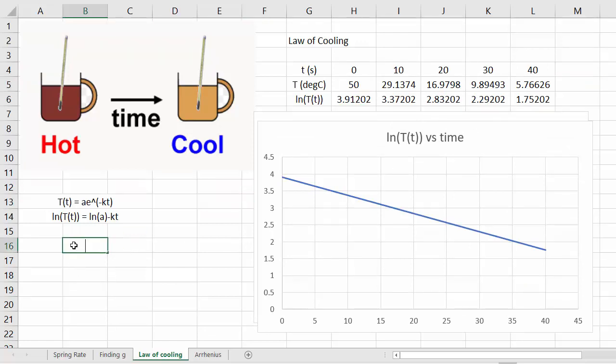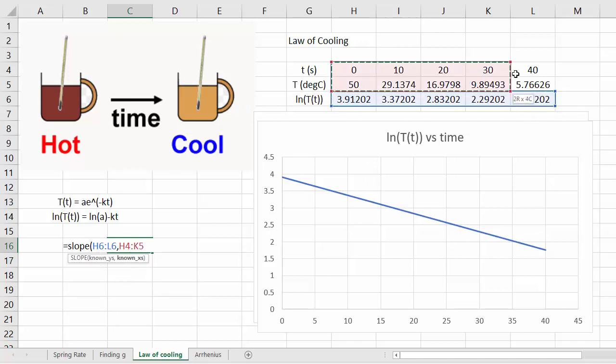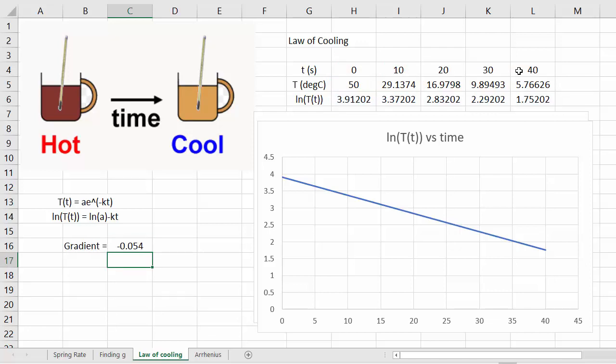So we can find the gradient, and that's equal to slope, which is minus 5.4. So k is equal to